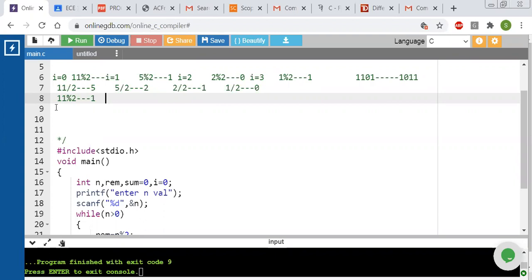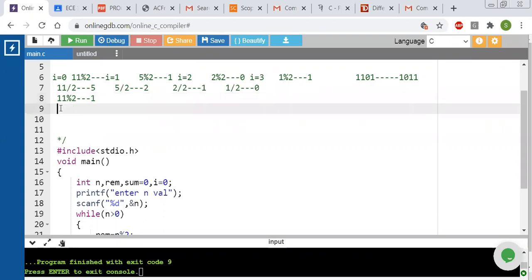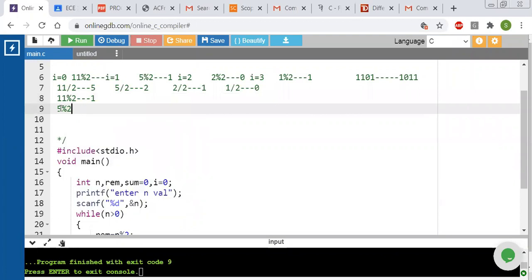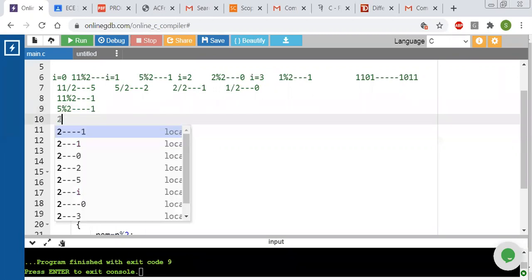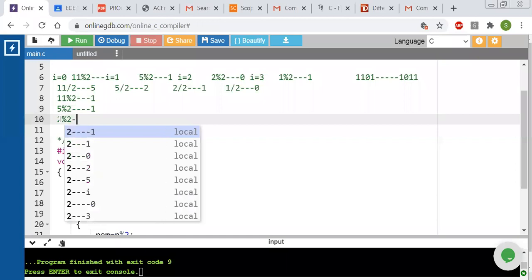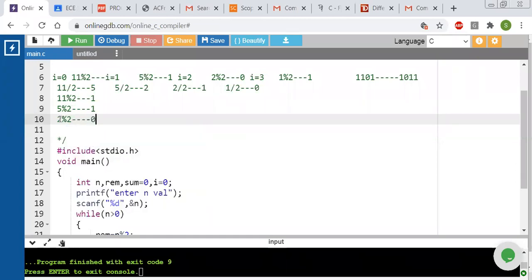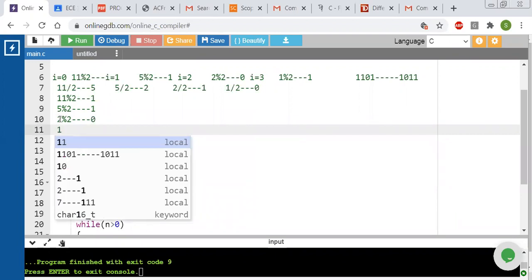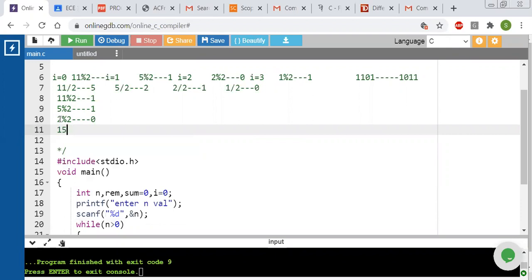Now in the next one we get 5 mod 2. 5 mod 2 is also 1. Next one, 2 mod 2. 2 mod 2 is equal to 0. Next one, 1 mod 2 is equal to 1.